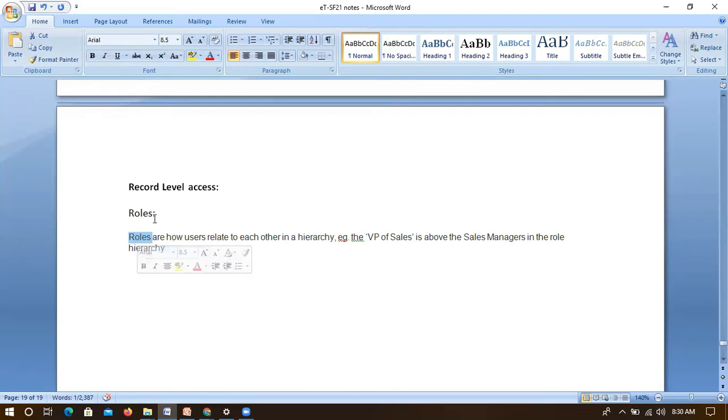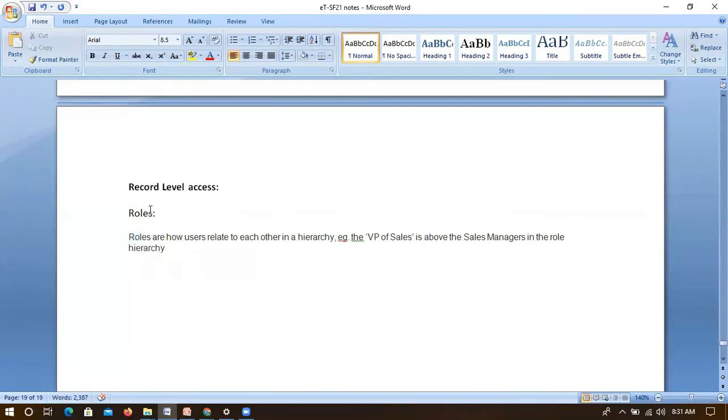If I put my user with something called manager, this user can see the downlines' information, managers' information, and the downlines' information, like sales rep information, or developers or junior developers. Those who are below his role, he is able to see their information as well as his information, but he can't access the information of the CEO or CFO or other top level people. But the CEO is top level, so he can access the entire information of the organization. That is how we can control the data using roles also.